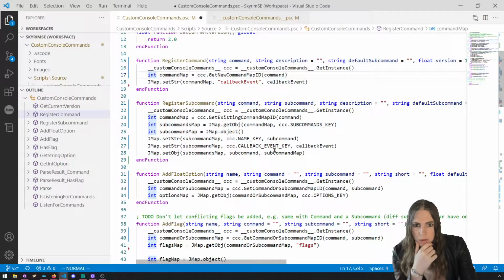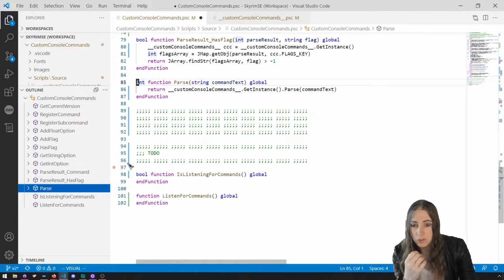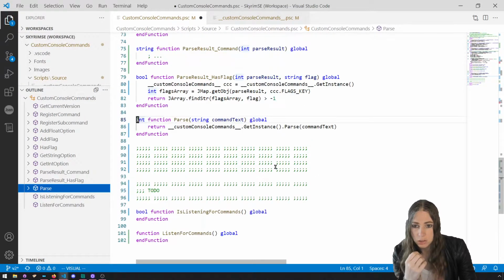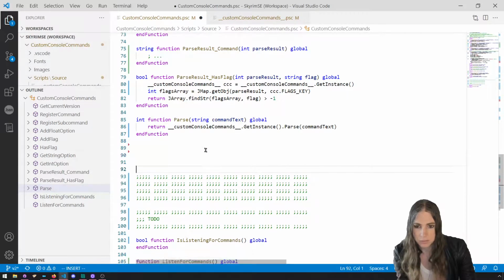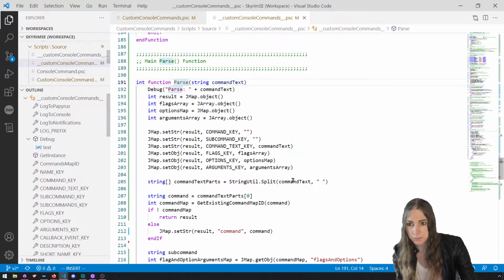Yeah, and then we use all of these helpers for keys. We use all these constants. I don't know if these are going to stay the same, so I didn't make constants for them yet, kind of intentionally. I also moved the parse into some stuff to do later. The parsing itself into custom console commands. So if we head on over there,